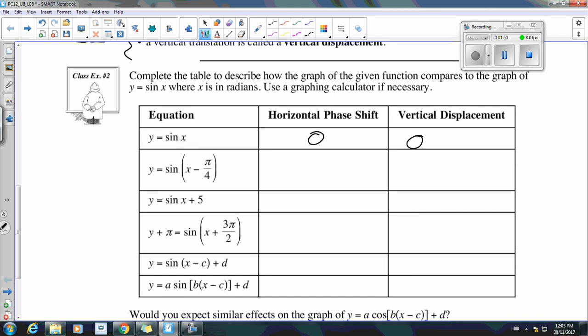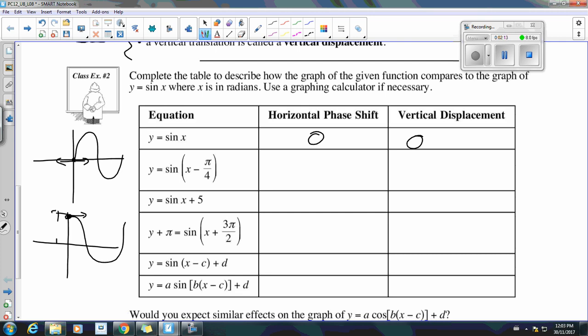When I think about phase shift, it helps me to think if I start at x equals 0, if my sine graph usually starts like this, has its minimum point there. If suddenly the minimum point has moved left or right, that tells me there's been a phase shift in my sine graph. My cosine graph usually starts at its maximum value. So if I have a cosine graph and my maximum value is not at x equals 0, that tells me I